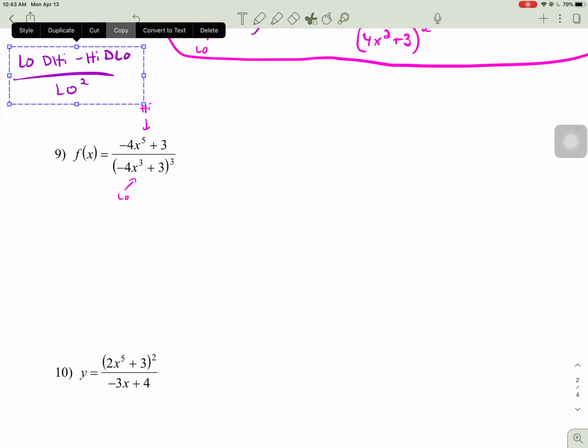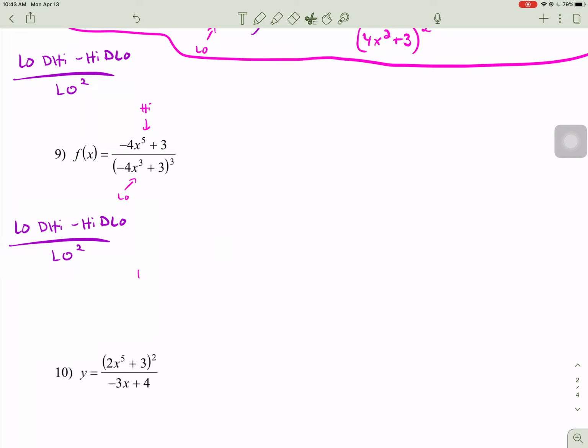Let's copy here. Here we go. F prime of x. So it's low times the derivative of the top, which is negative 20x to the fourth, minus the top